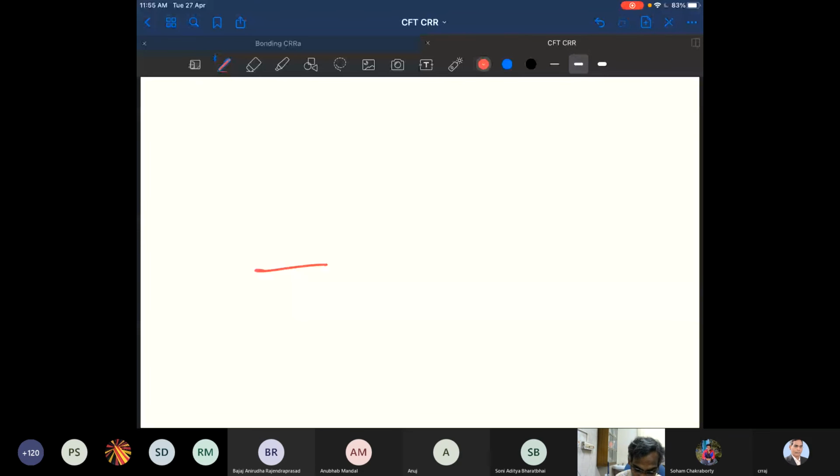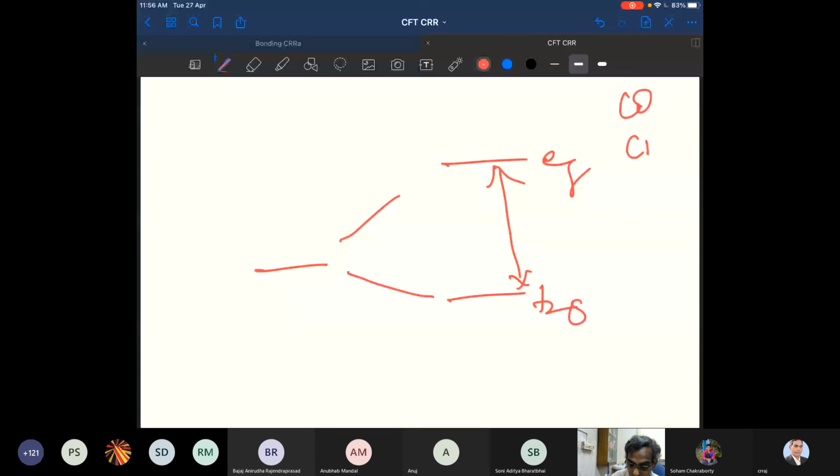So this is my d orbital. Split here the t2g, and here goes the eg. Now in the case of carbonyl or CN minus, CO or CN minus, the energy gap is too large. Say I have an electron here. I say that this is almost a colorless complex. Why is it colorless? The energy gap is too large.